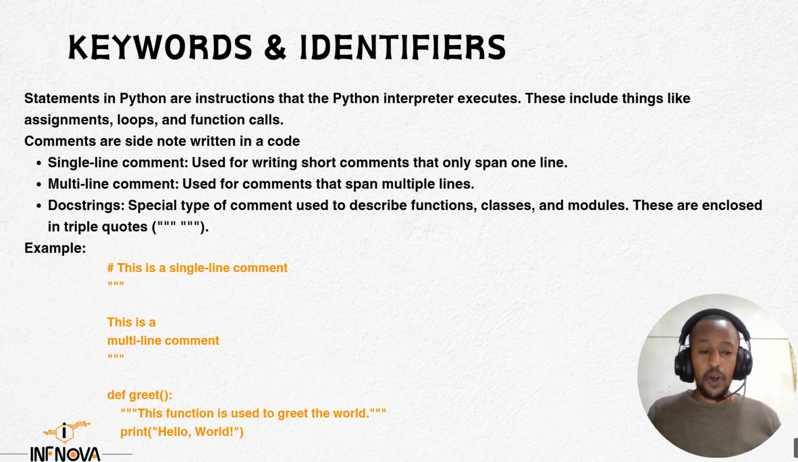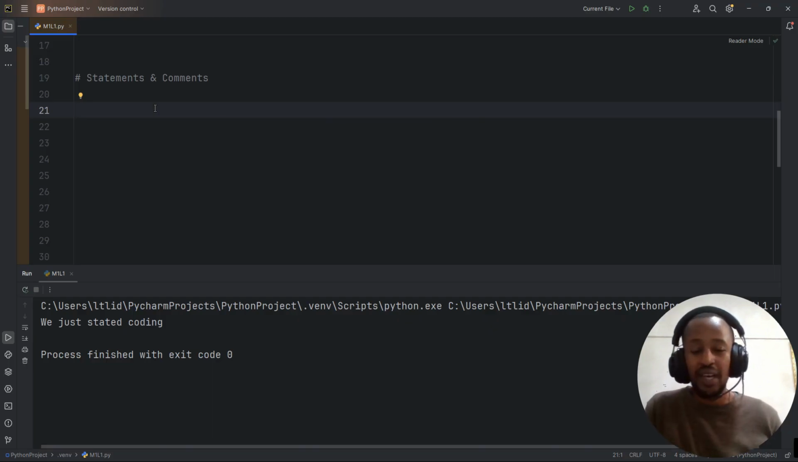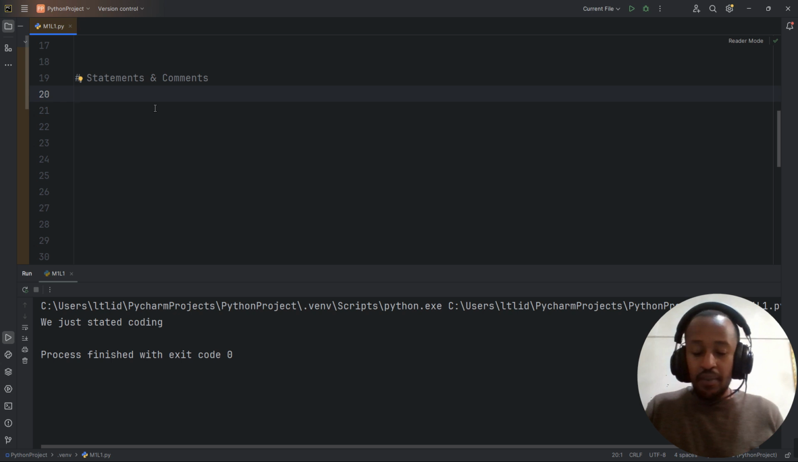So comments are like a side note, okay? A side note which is not going to be executed later when the compiler turns your code into machine code and then runs it. So, for example, if I go ahead and create a name and say this is InfNova,